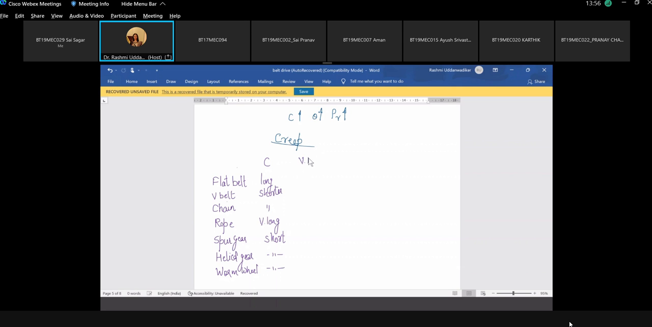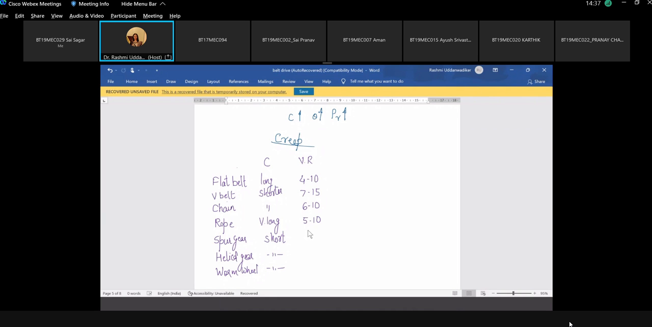What about velocity ratio? Which one will give you maximum velocity ratio? Aman? Worm. You are right. So velocity ratio in case of flat belt is restricted to 4 to 6, but a maximum of 10 can be achieved, although it won't be very efficient. Here the velocity ratio can go as high as 15 for chain drive. Again, comparable with flat drive. Rope drive, again comparable with